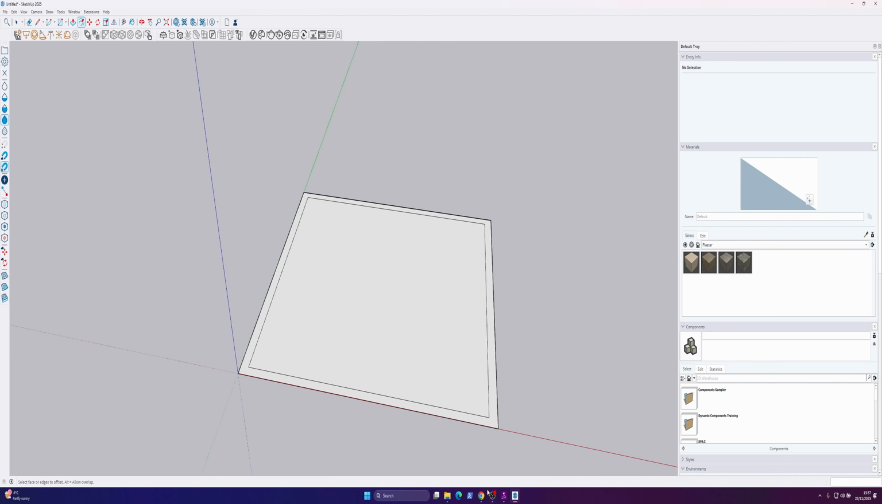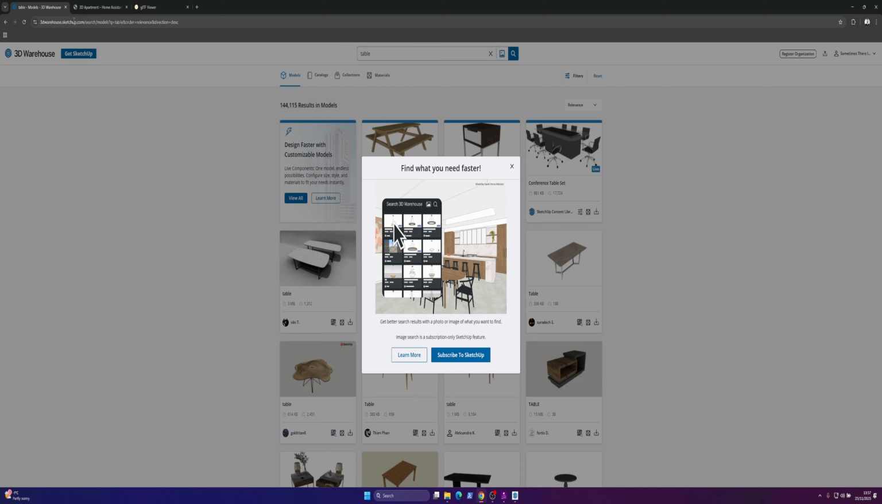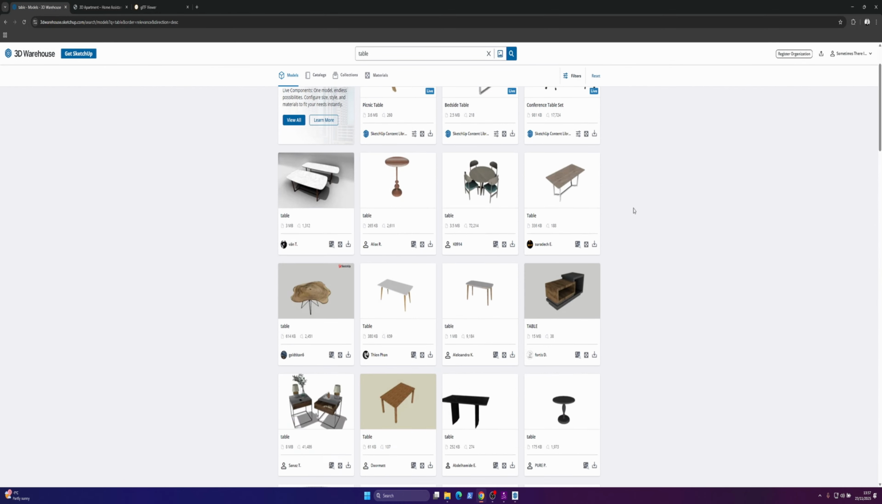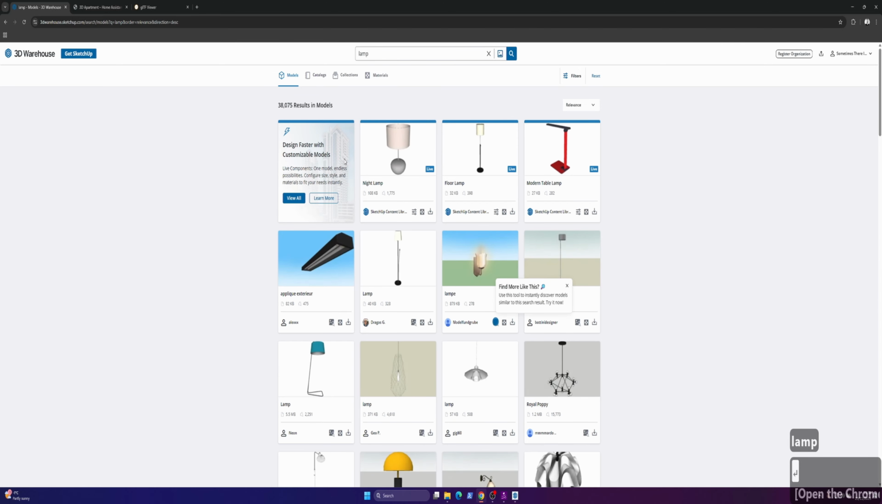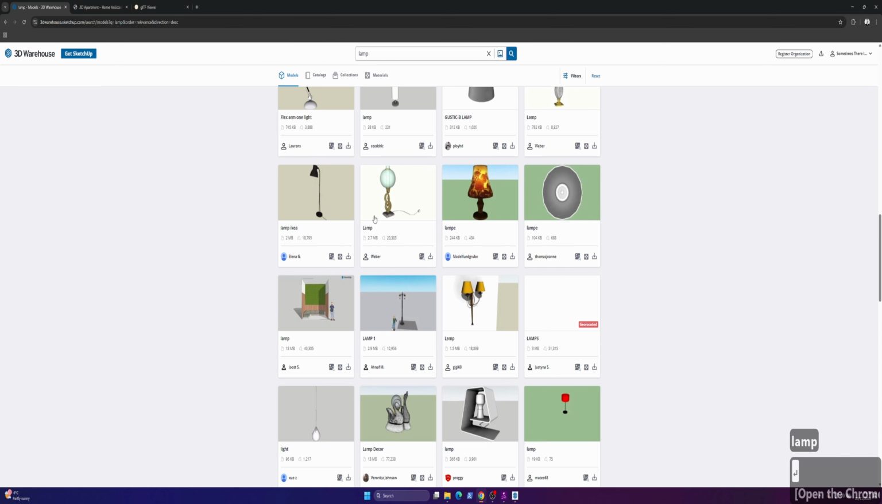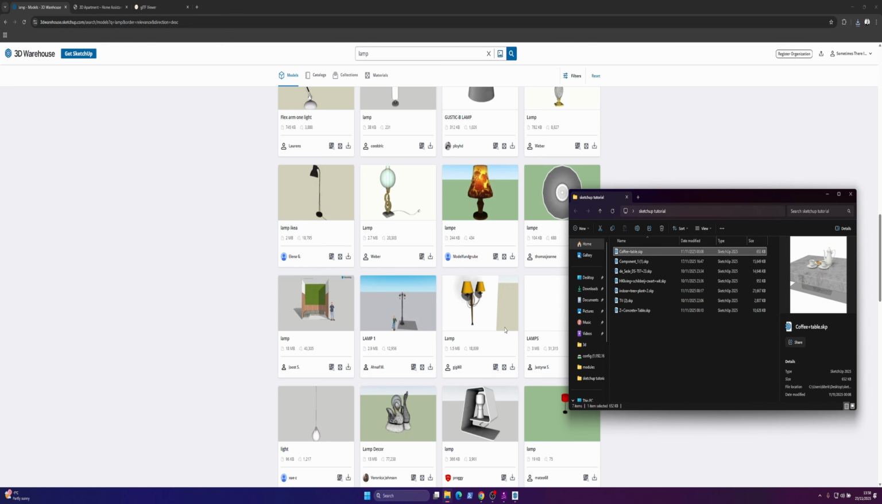Now we need some assets inside, so we can go to SketchUp warehouse and we can look for any type of furniture that we need. So we can download some lamps or any assets that we need. Let's say we like this one and we just download the SketchUp file. Yeah, so I have preloaded some of them. So let's say